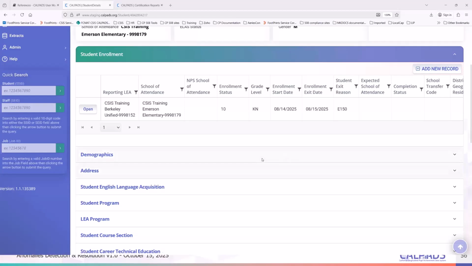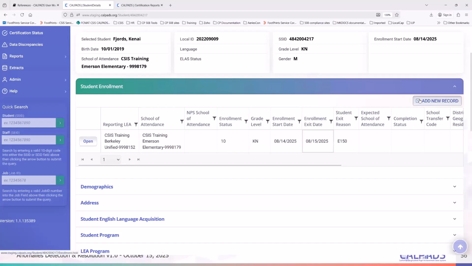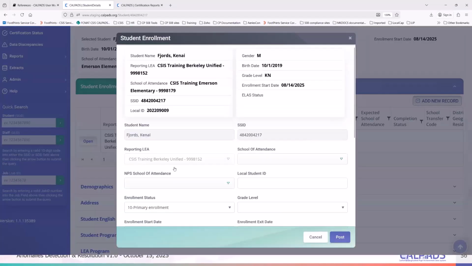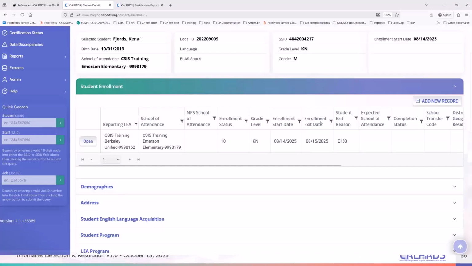Sometimes LEAs have a habit of, if the change happened on a Friday, which I believe 8:15 is a Friday. I couldn't open my calendar here, but let's say 8:15 is a Friday, right? And now you can't add a new enrollment which is a Saturday because your SIS won't help you do that, right? So what do you do? So the rule here is that if the change happened on a Friday, you should adjust your exits.